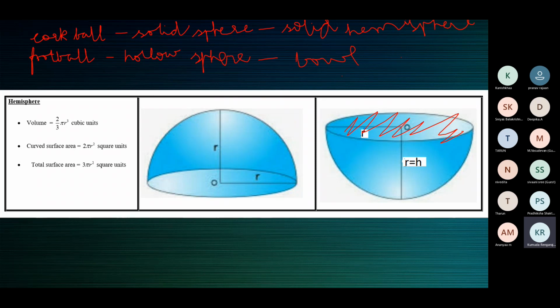A football is an example of a hollow sphere. Hollow, because inside it's air. There's no material inside. It's air inside. So, hollow sphere. Now we can't take half of it, because when you take half of it, it's going to crumple. It's not going to have the shape of a sphere. Correct? So I'm not saying half of a football, because when the air comes out, it does not assume any definite shape. So we'll take a bowl.